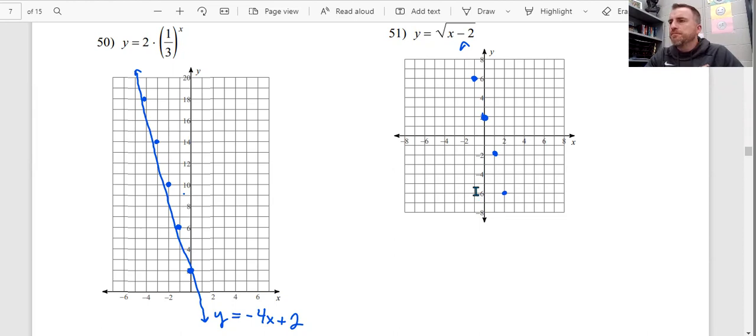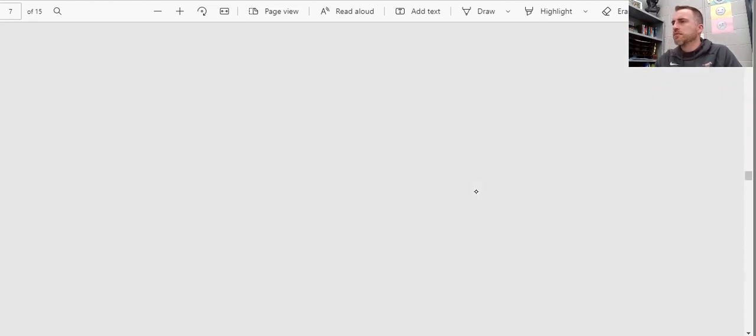All right, so on 50 and 51, we are going to solve a system, but it's not of two linear equations. It's one linear equation, which I have already graphed on